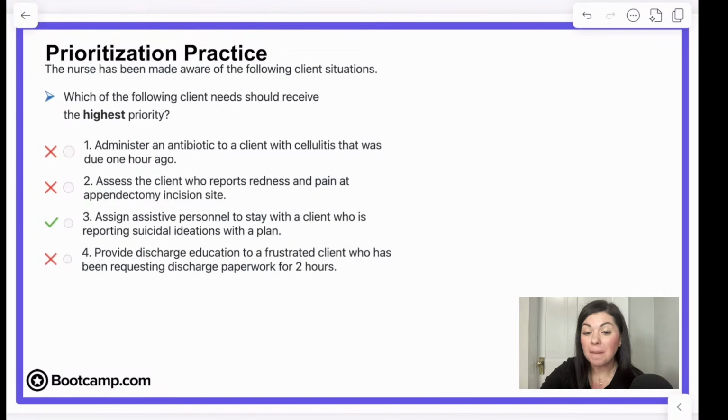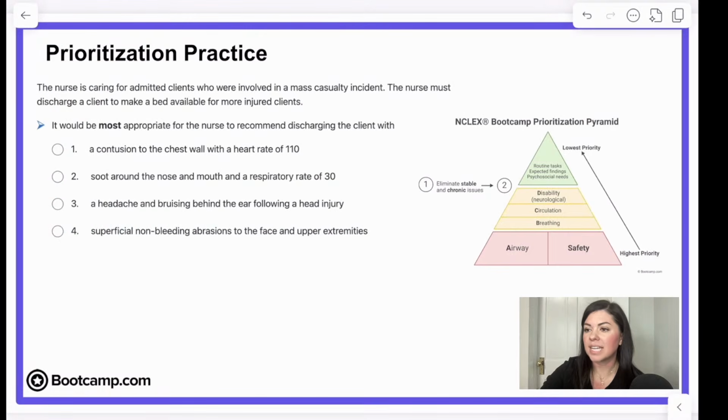So y'all are doing amazing, by the way. I'm super, super impressed. Let's look at one final way that prioritization questions are formatted. You don't see this type of formatting as often, but there's a chance you can see these. So I wanted to go ahead and throw it in so you're not shocked if you see something like this